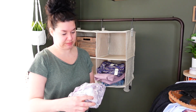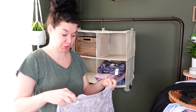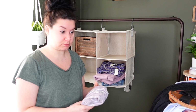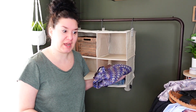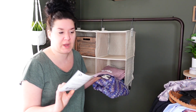Next is this NWOT William Rast, which is Justin Timberlake's. I don't even think he owns it anymore. Maybe he does, not sure. But it's just little lilac. See that floral print? Really cute little daisies. This shirt sold for $26, full price sale. So my earnings were $20.80 on this. That's crazy, right? An extra small William Rast, and it was a shirt, and it sold for $20. I listed for $26, and that's what it sold for. It's been listed a while, but